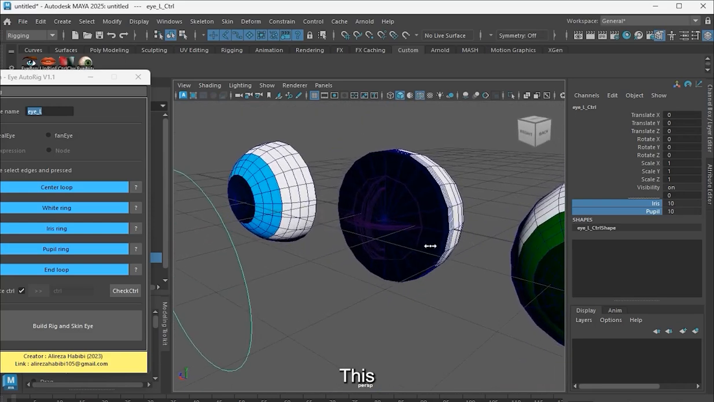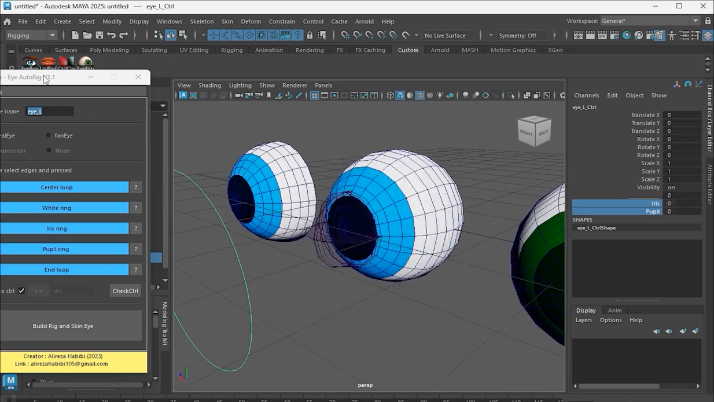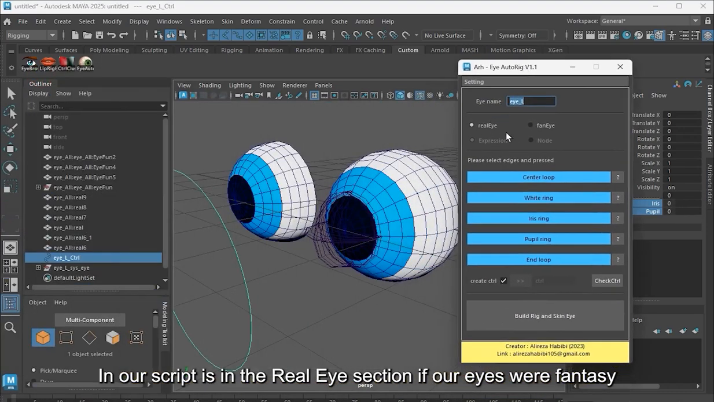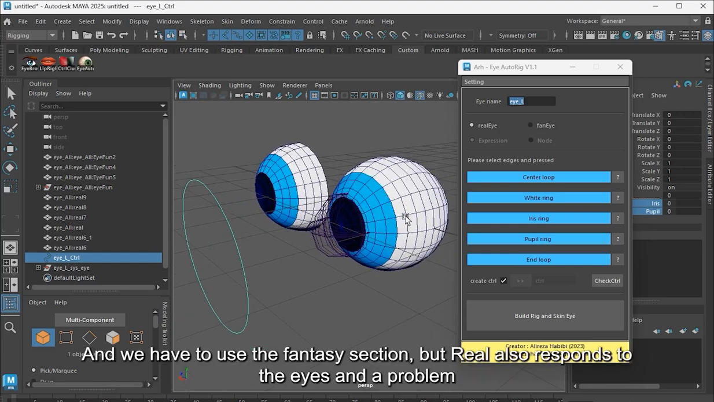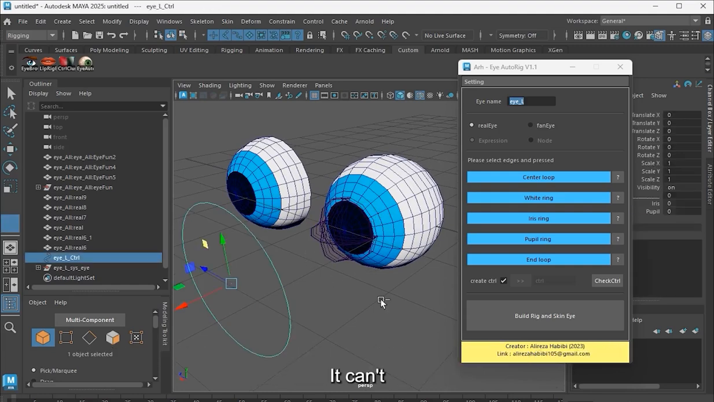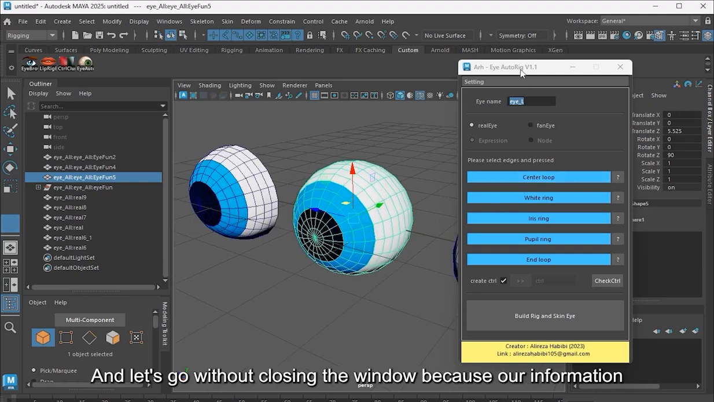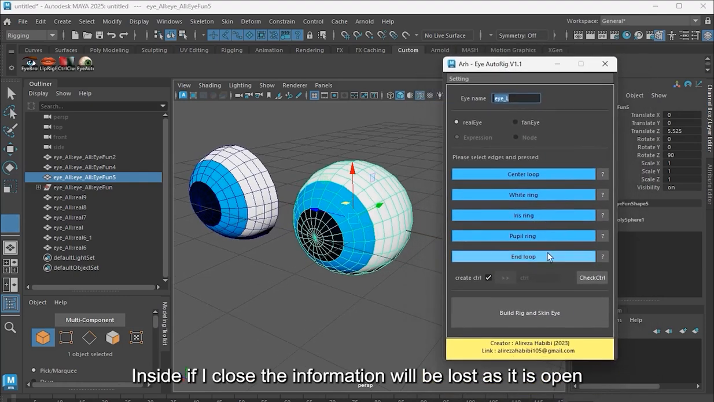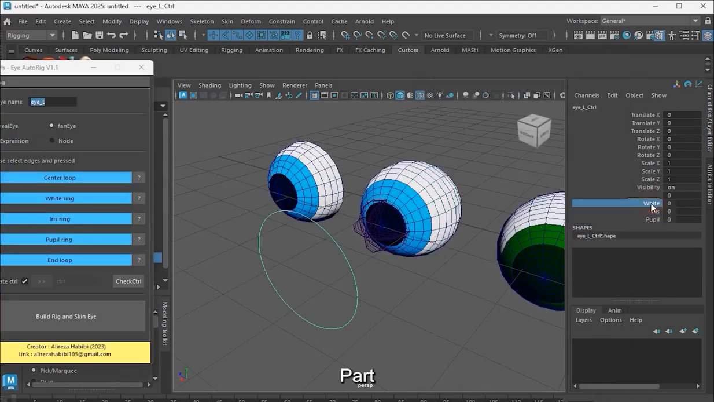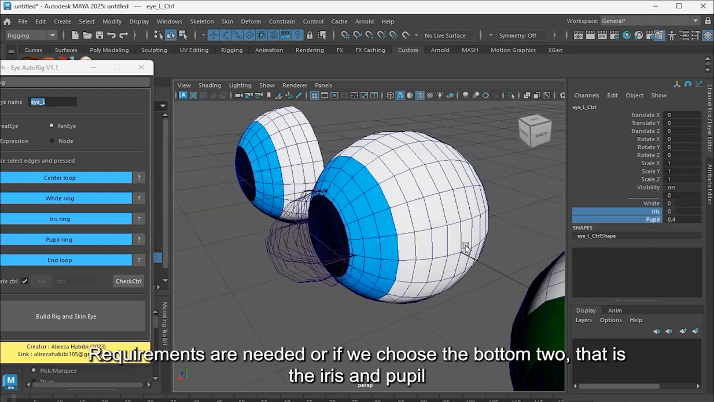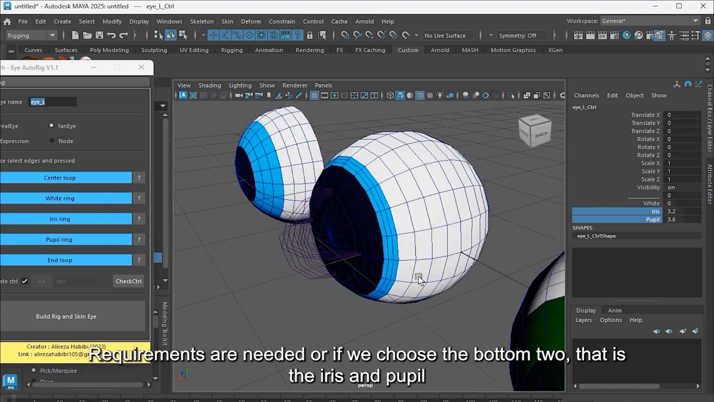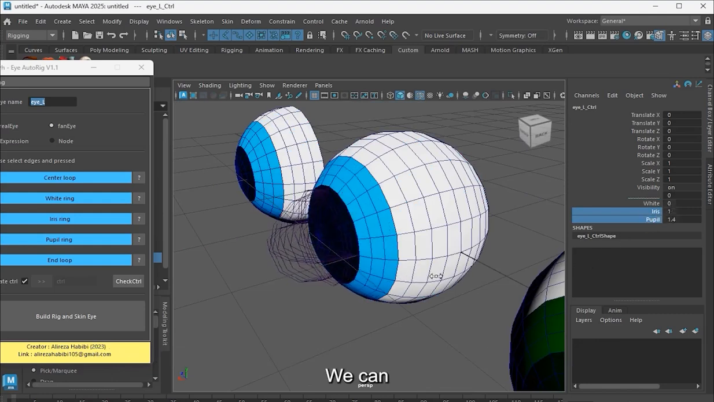Originally, our script is in the real eye section, and if our eyes were fantasy we have to use the fantasy section, but real also responds to the eyes. It is optional with your choice. And let's go without closing the window because our information is inside, and if I close it, the information will be lost. It's part fantasy. Because requirements are needed, if we choose the bottom two, that is the iris and pupil, we can